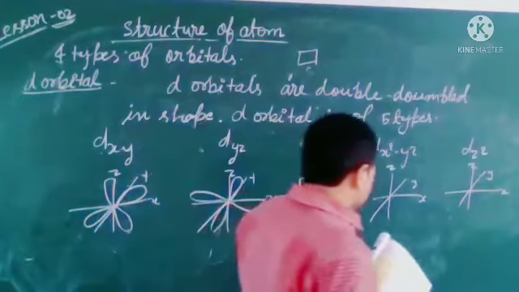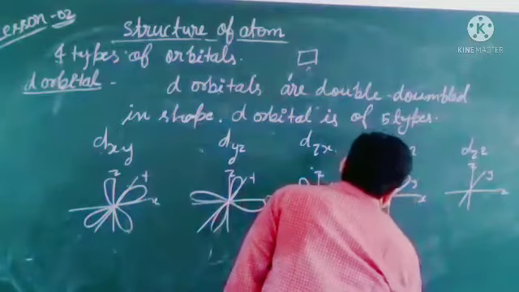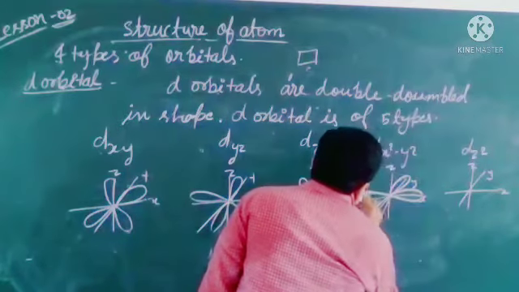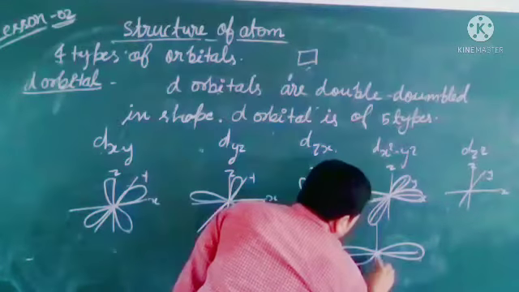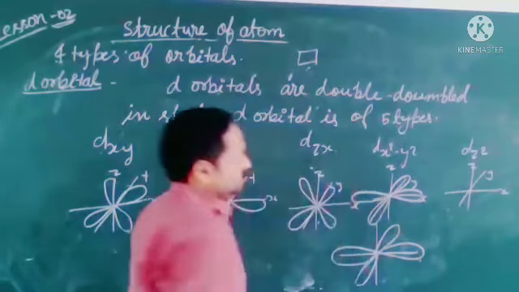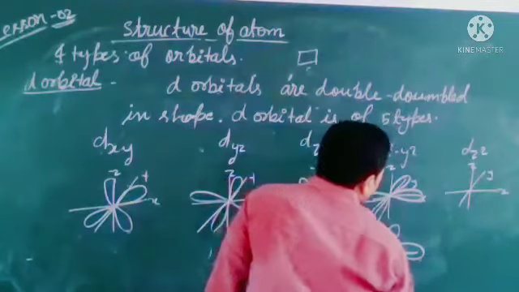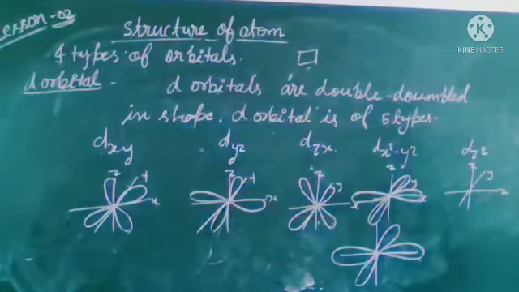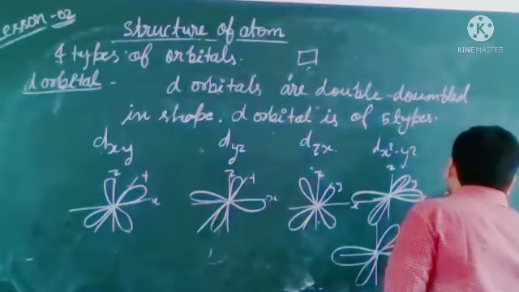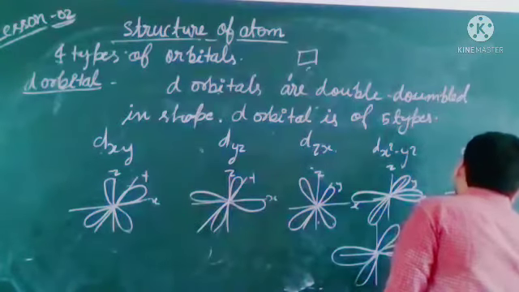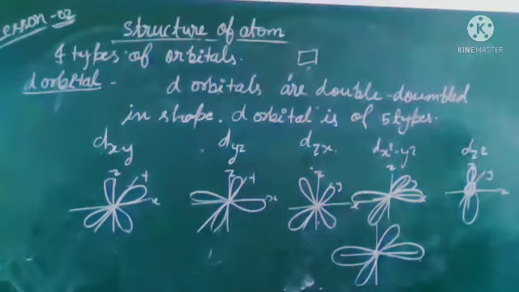Next, what is X square and Y square? So X square is this here, X square this and Y square this. So we get this. And this is square. Also, this is square here. We can see just so dz square is this here. The last is this. So this is the dz square.